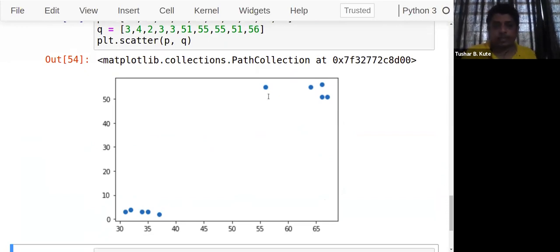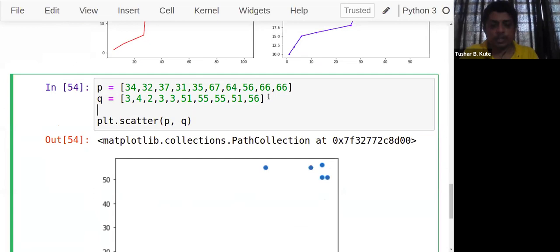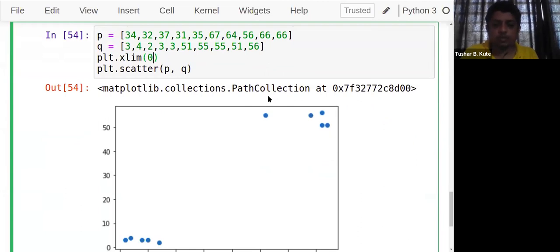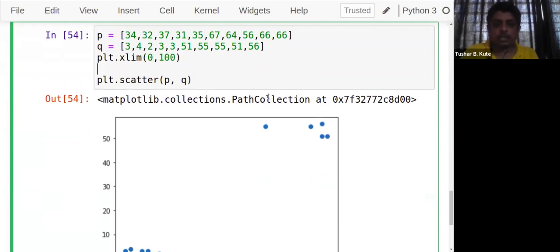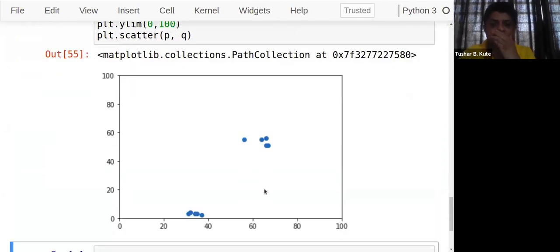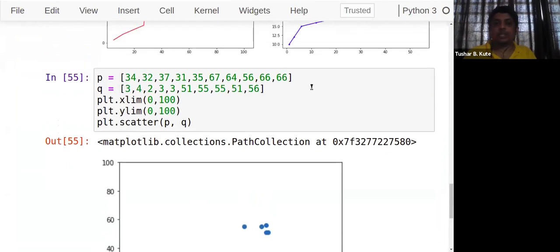So here also we can have the x ticks lim. Let's use limits first. On x-axis we'll have 0 to 100, and y lim I'm having 0 to 100. See, so group is like this. This data is here, and one data is here. Fine. Even you can apply the colors also. Colors. Now see how to apply the colors.